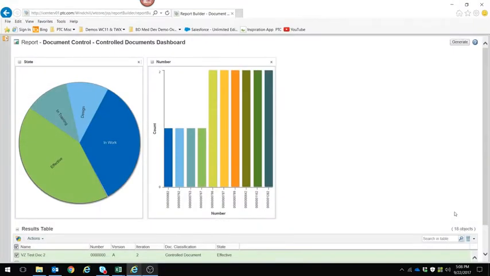The next example I'd like to show is reporting. PTC's medical device solution comes with a number of out-of-the-box reports. Here I see an example of a document report. More specifically, I'm looking at my control